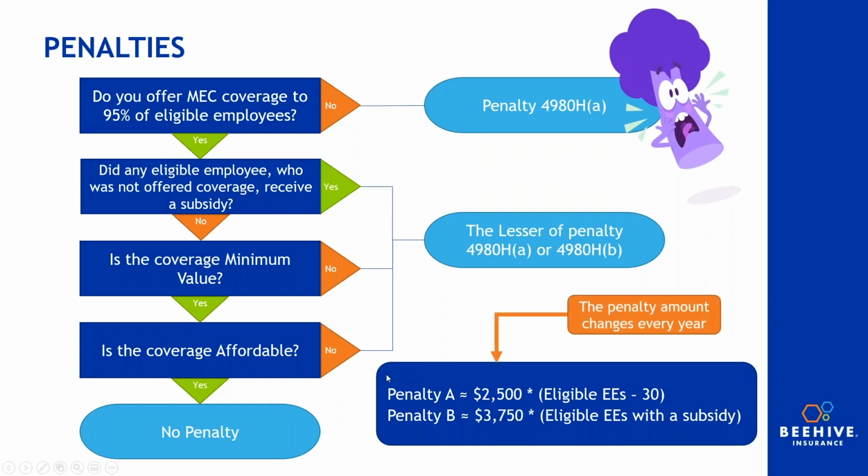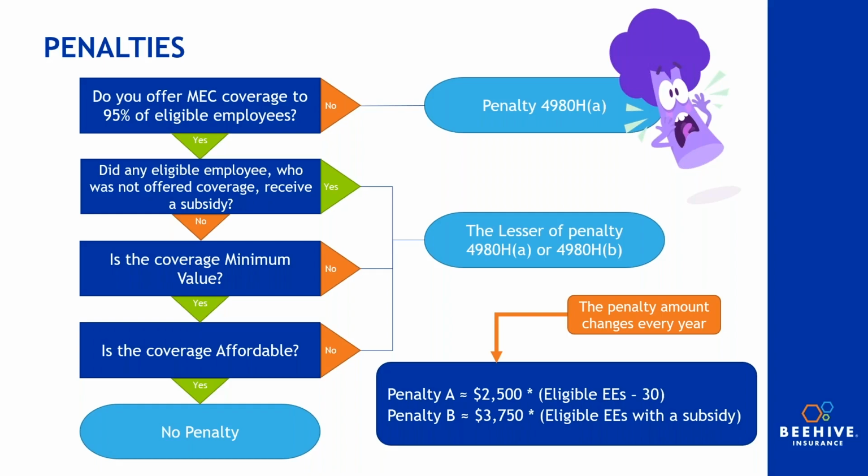Keep in mind that when calculating these penalties, if you do offer coverage, hopefully you go through this flow chart and you see, I don't have a penalty and everything's fine and dandy. But this penalty amount does change every year. It is currently close to $2,500 and $3,750 for the different penalties. And again, remember that penalty A is the big scary one because you're taking all of your eligible employees and only subtracting 30. Penalty B, while the penalty amount, that $3,750, is larger than the $2,500,